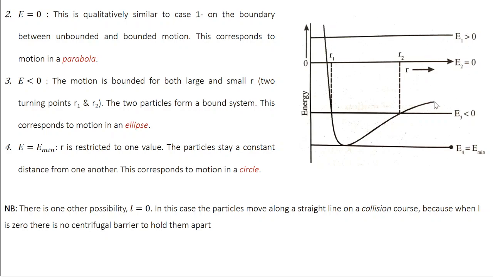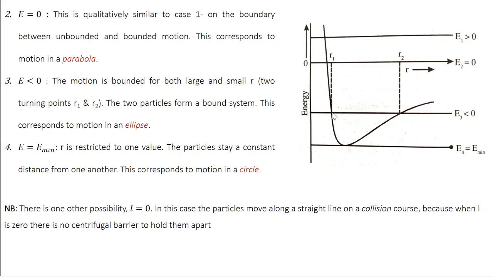If you take a large value of r, suppose you are at this point. Here what do you see? The potential energy is higher than the total energy, which is forbidden, right? So you cannot have a very large value of r. So you have an upper limit for r. Similarly, you cannot have a very small value for r. Once again, if you try to go beyond this point, potential energy is going to be greater than total energy. That's going to be the forbidden region, so you are limited on this side also.